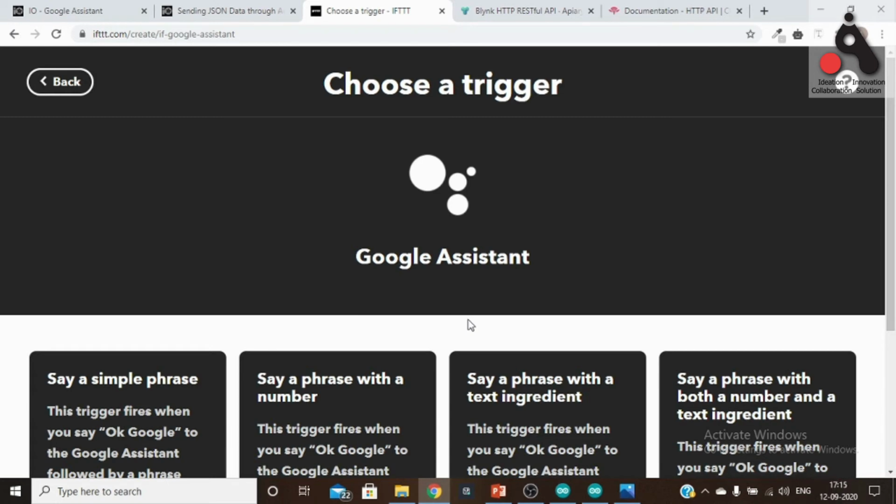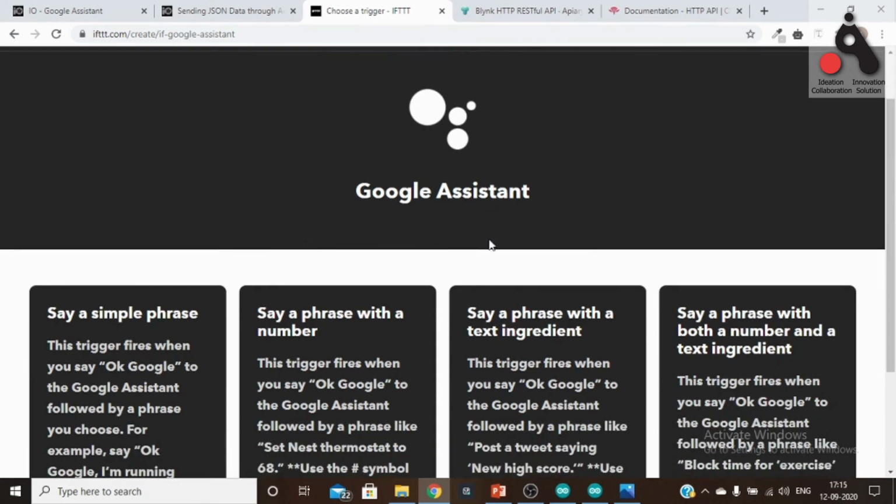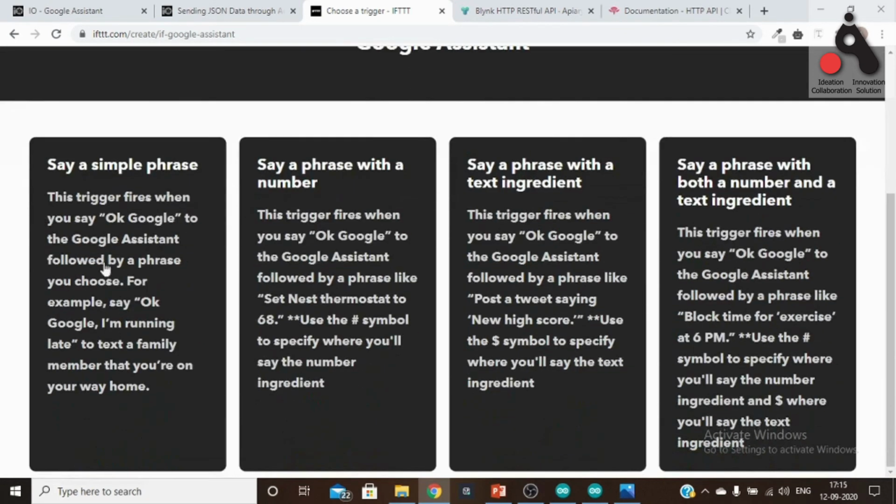Fine. So first, when you are setting up the Google Assistant on your phone, it will take your default Google platform, it will take your default Google account. But for now, I'm going to the second step. The next step is setting up of this.